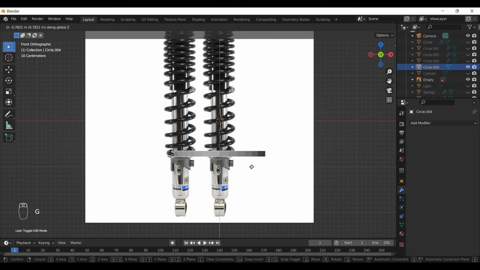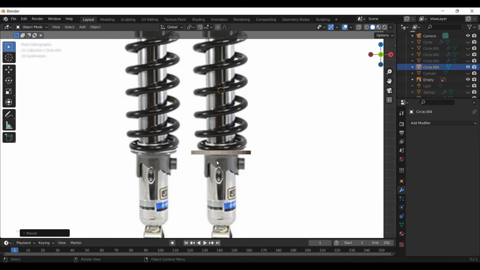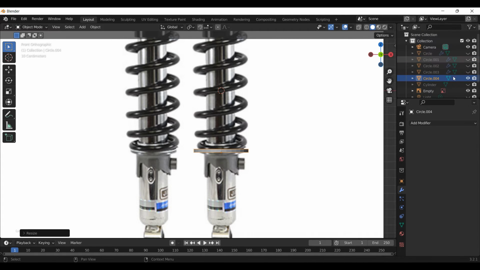grab, scale it down, scale it down. Actually we need to scale it down to the scale of our cylinder 1. Where is that cylinder 1? This cylinder,